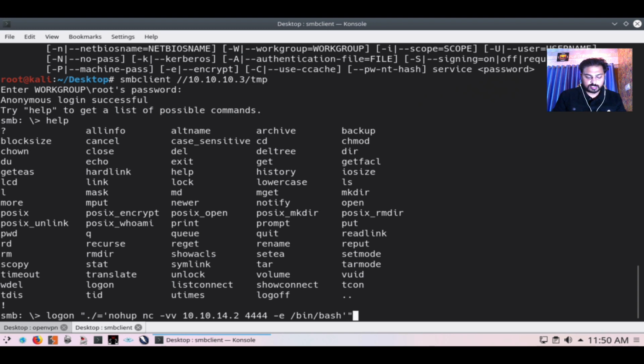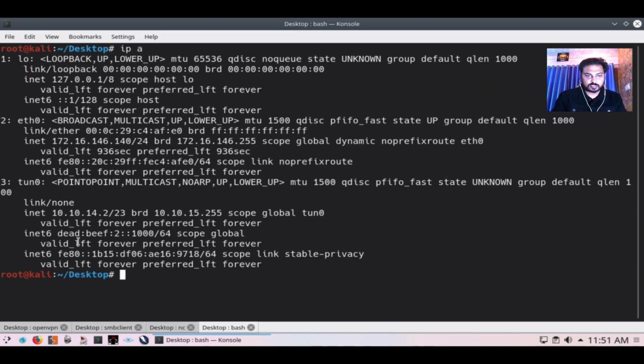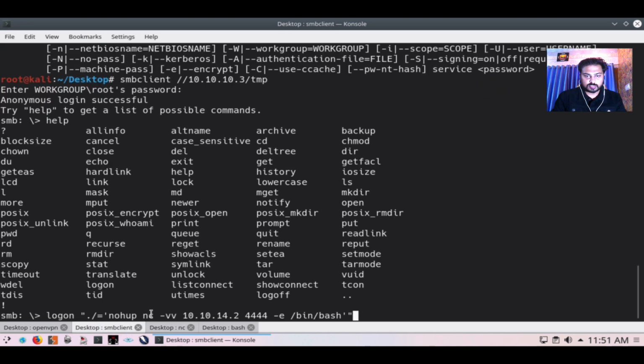If everything is right, we'll get a reverse connection here. So nc -lvvp 4444, and before this, I'm going to check my IP address, which is 10.10.14.2. So here we are, and it is listening.